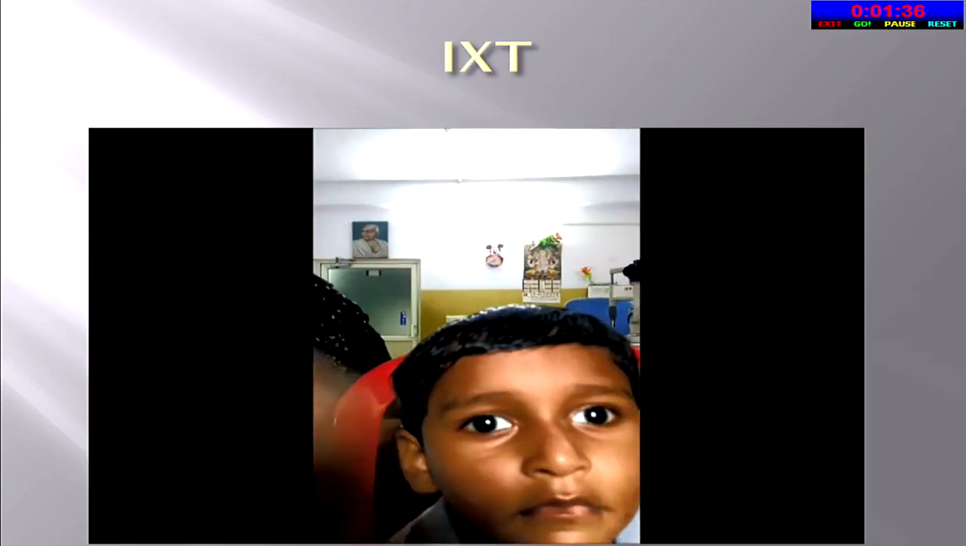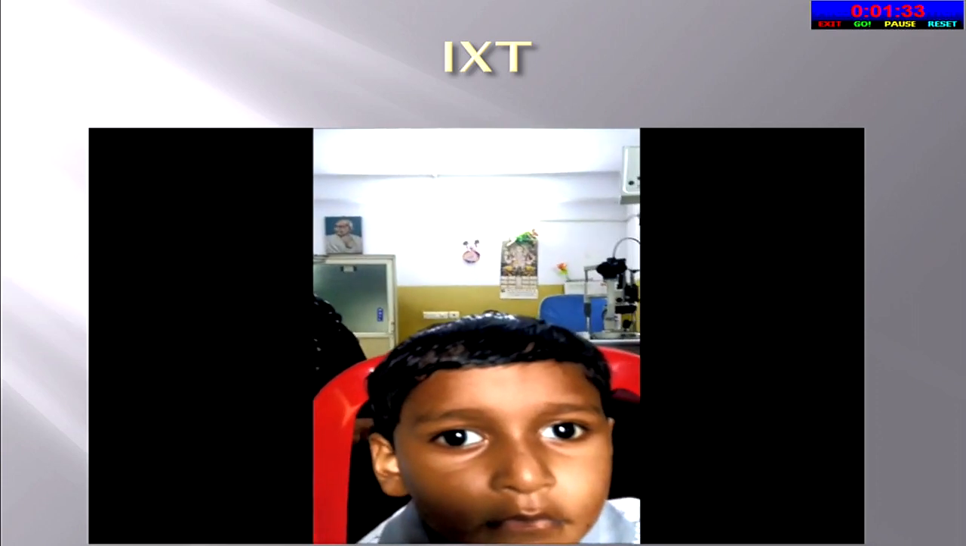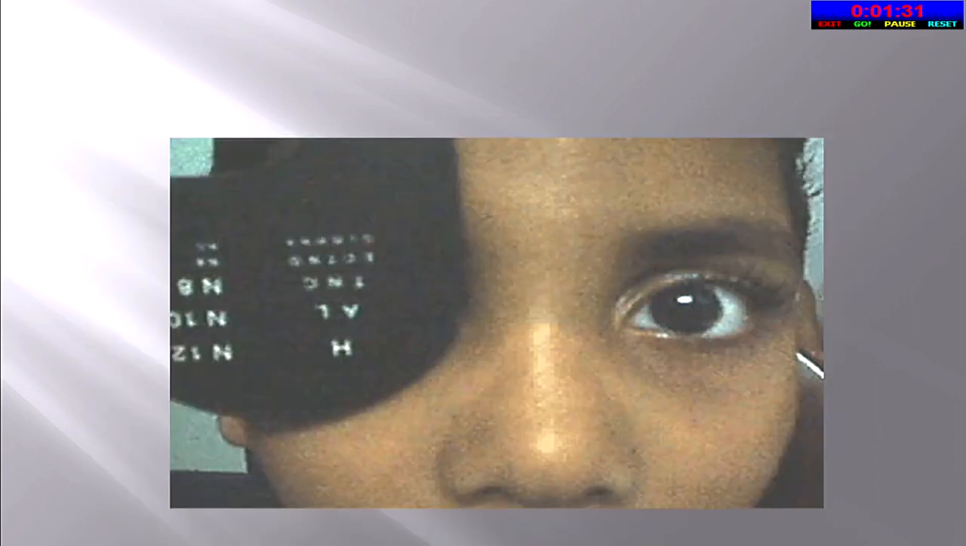So this is another situation, intermittent exotropia. If he has good fusional reserves,